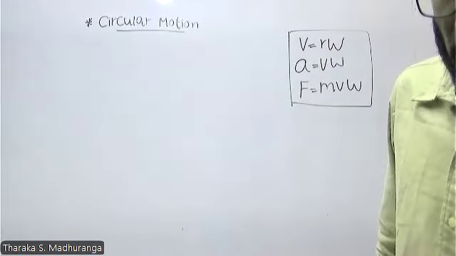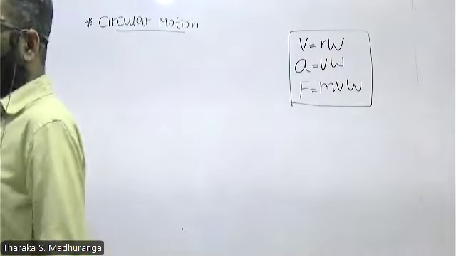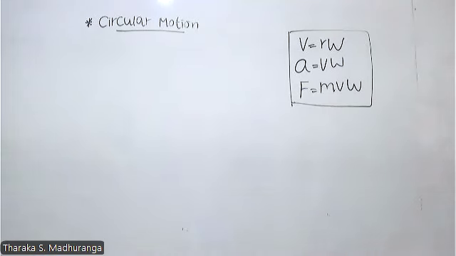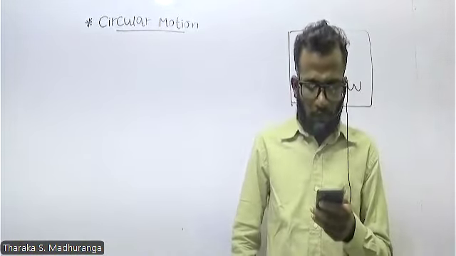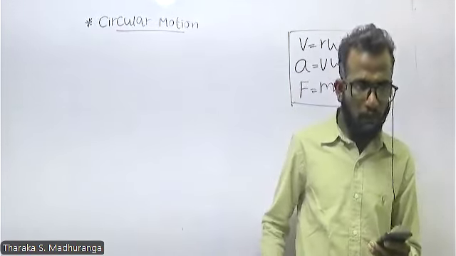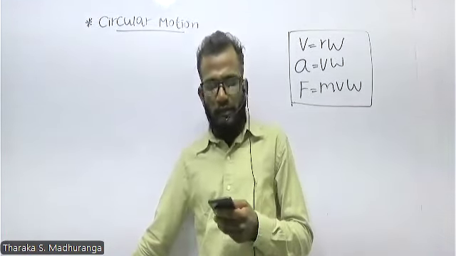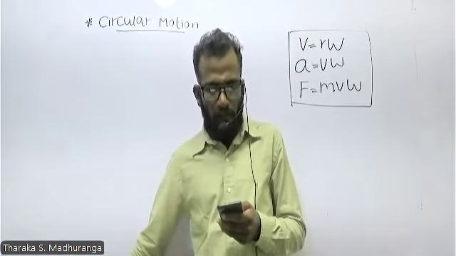Write down question number 1. A circular motion object with the mass of 100 gram attached to a 1 meter string